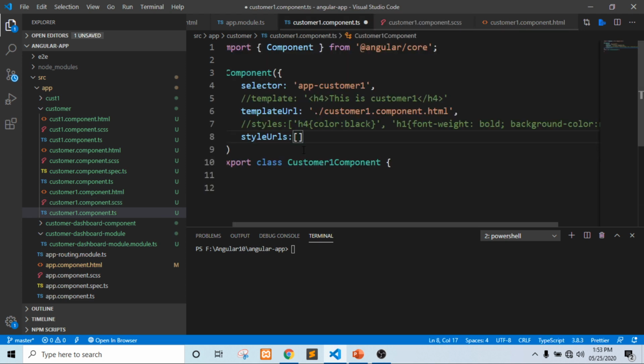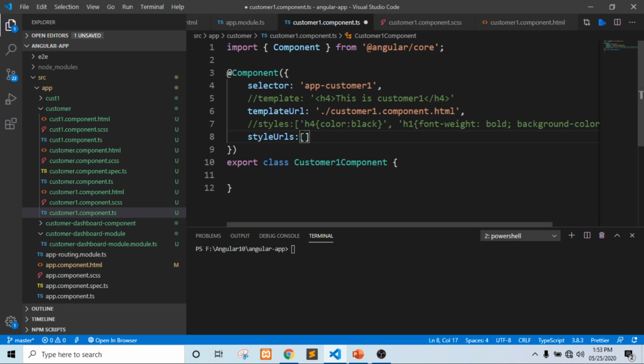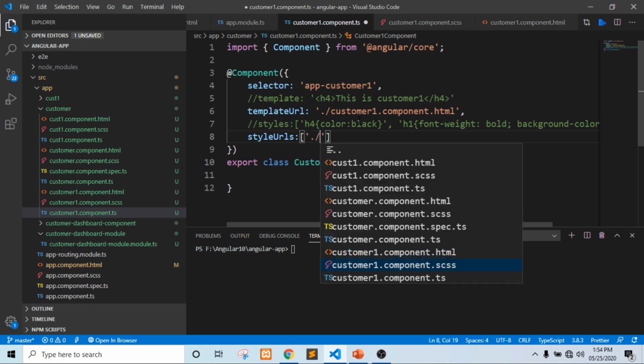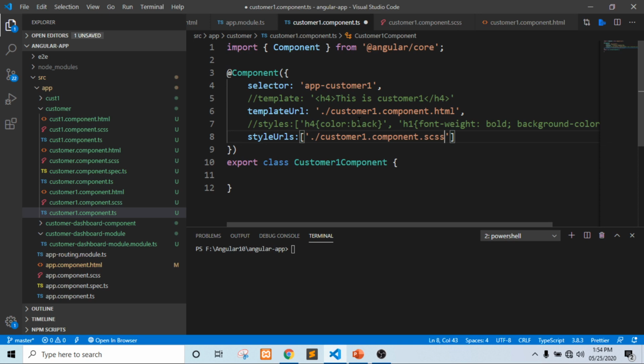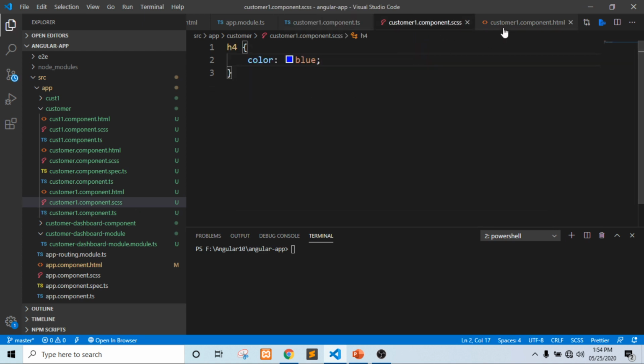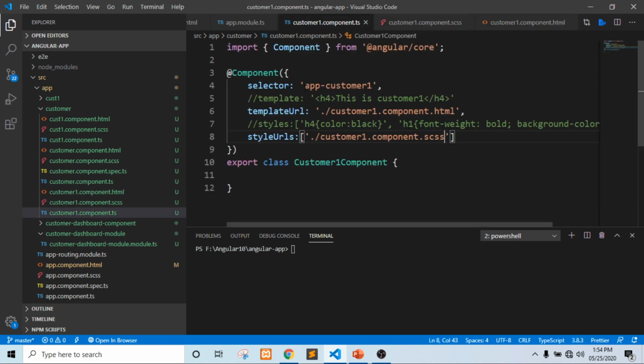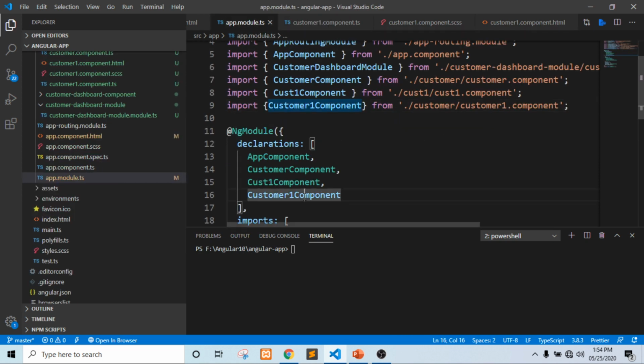Now in our customer one component TypeScript class, we can provide the path of the SCSS file. As this is inside the same customer folder, we just need dot slash customer one dot component dot SCSS. This way it is going to use that SCSS file as well. So we have this selector app-customer-one, and we have introduced this customer one component into app module.